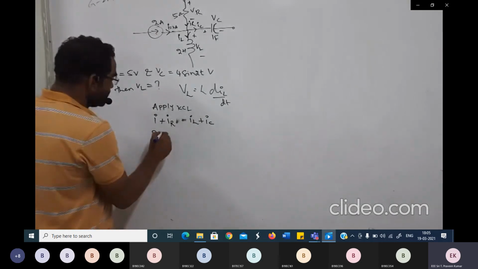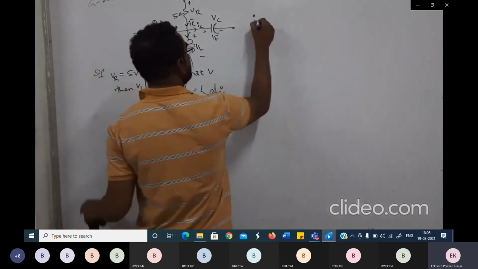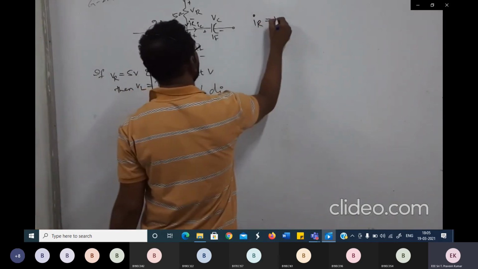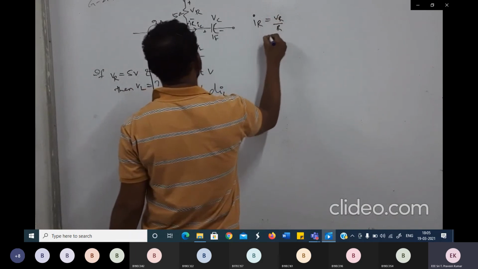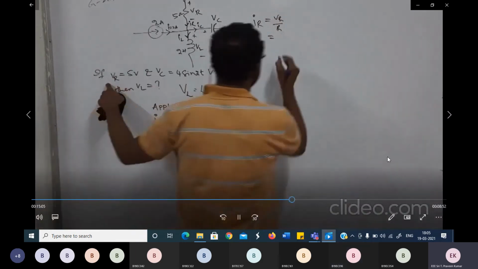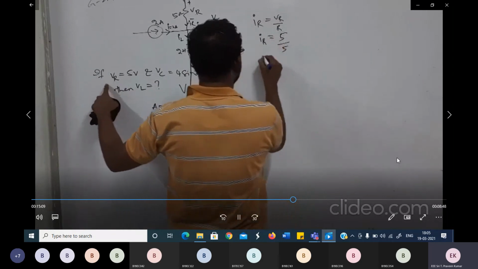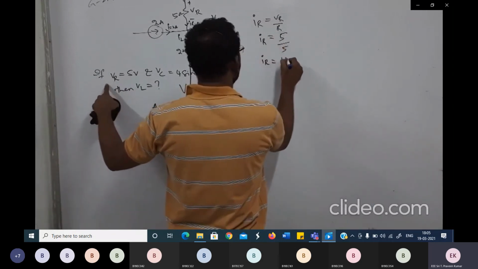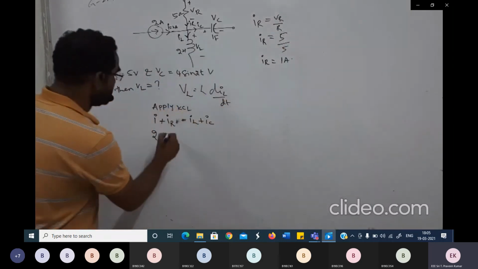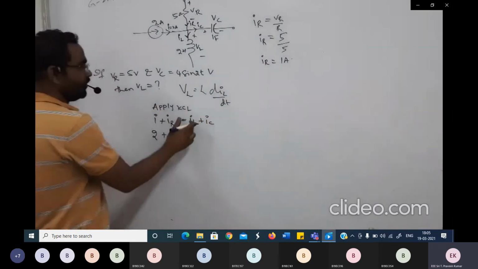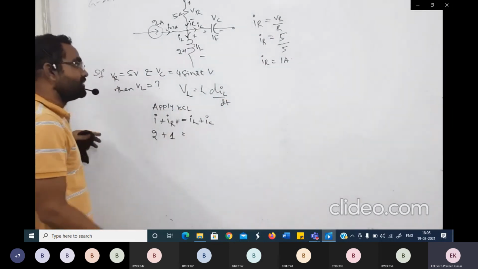But what is IR equal to? I, we know, is 2 ampere. What is IR? The current flowing through the resistor, nothing but VR by R. The value given is VR equals 5 divided by 5 ohm. So the value of IR is nothing but 1 ampere. So this is 1 here. Now I don't know what IL is, but I also need to know IC.